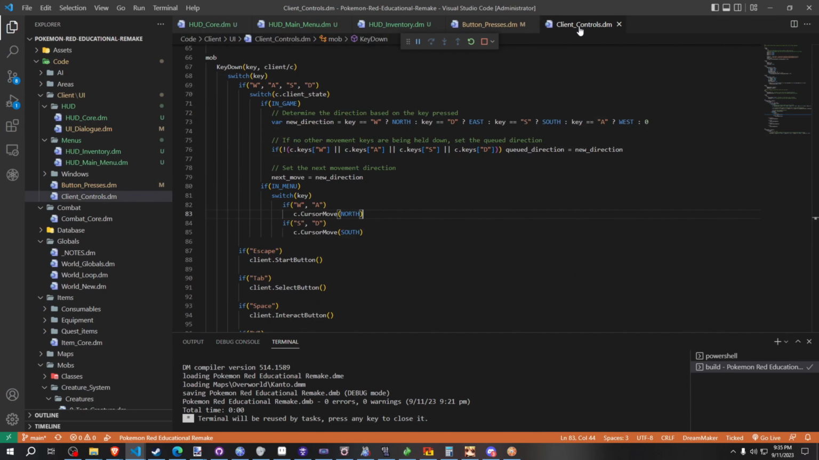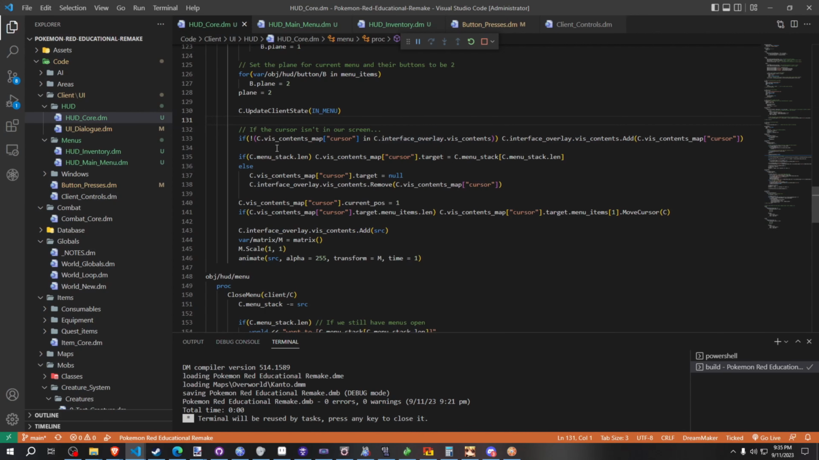in our client controls right here. We're just doing a check to see if we're in game, we need to handle movement. But if we're in a menu, we need to handle our cursor movement. So then we're going to access our cursor